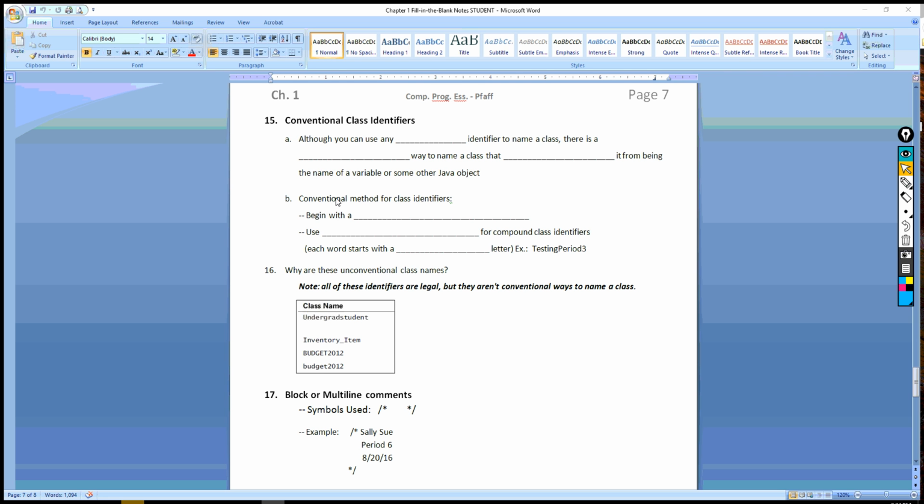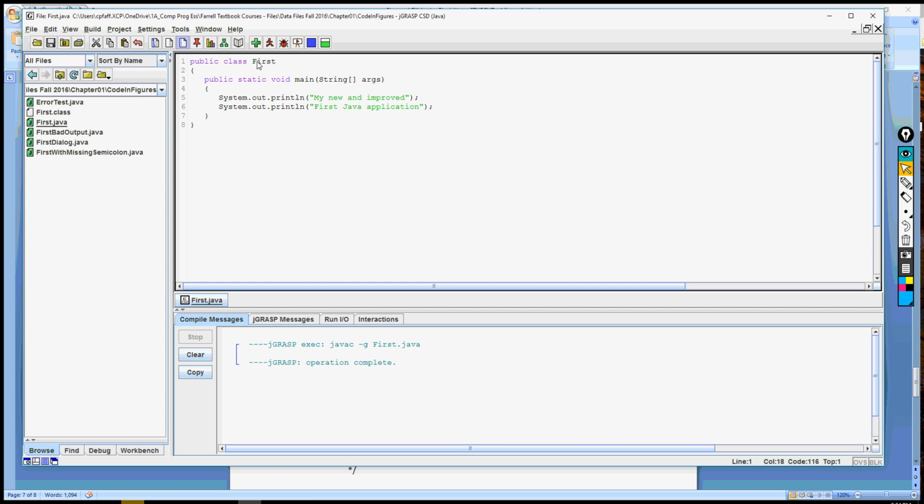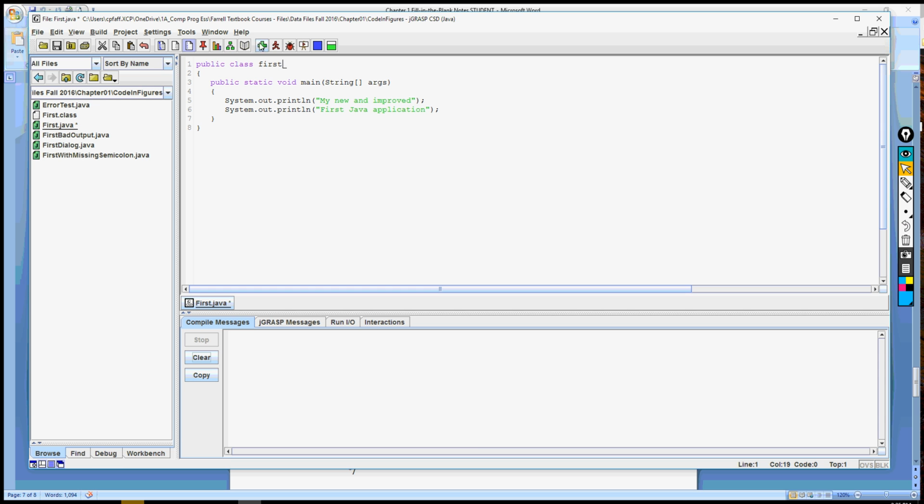So the conventional method for class identifiers, or the way that programmers normally name their classes, is it begins with a capital letter. Okay, so the class name begins with the capital letter. And just to demonstrate something here, remember that it can be any legal identifier. So an identifier does not have to start with a capital letter. Okay, so if I go first here as the name of the class and it starts with this lowercase letter, I can compile it,